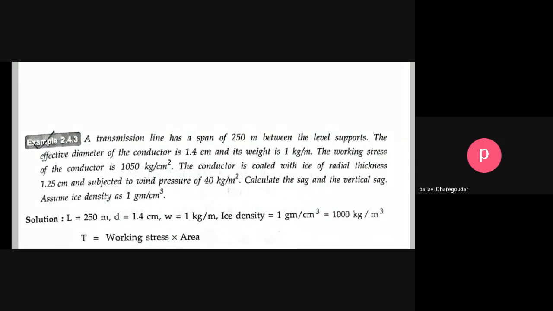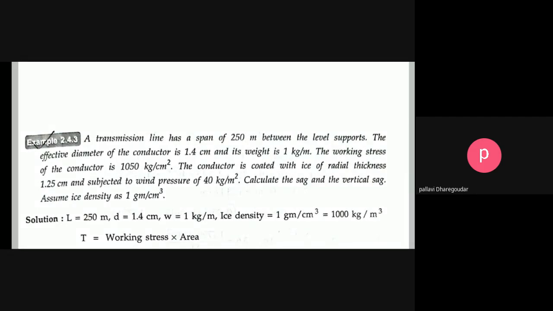Again, the ice density is given as 1 gram per cc. So it can be converted into 1000 kg, because all the calculations we are doing are in kg. If it is given in gram, you need to convert it into kg. Remember that kg is the normal unit. If anything is given in a unit other than kg, it means the mass, then you have to convert it into kg. So here are the things that are given. Now try doing it.